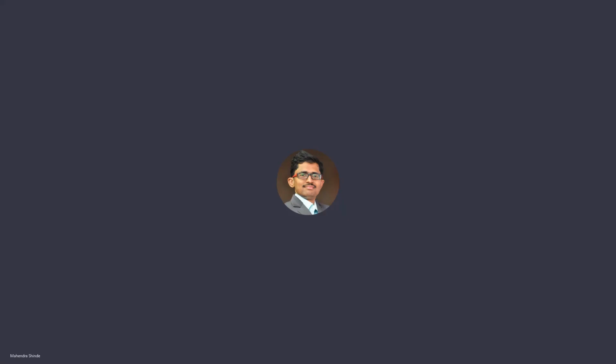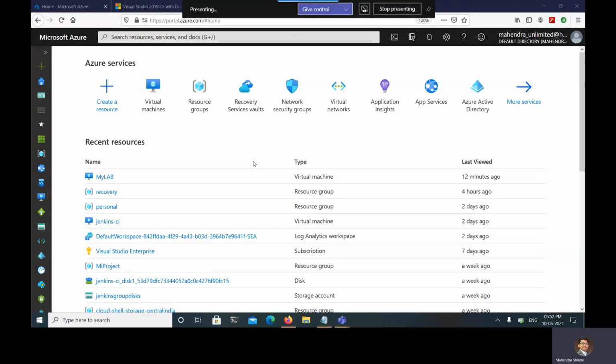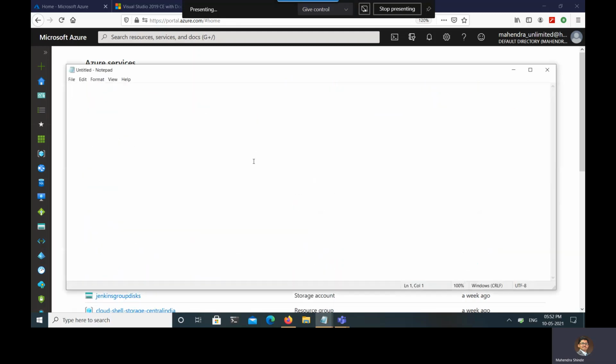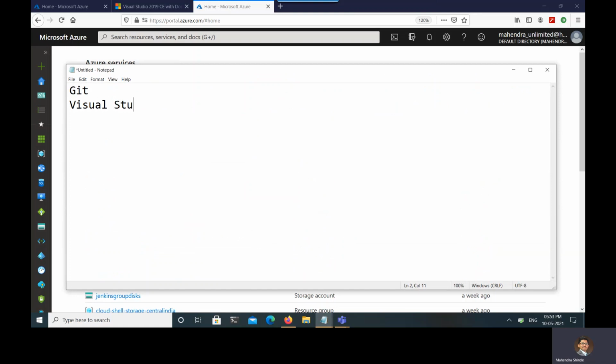This is how we can create a small Azure virtual machine as a lab environment for AZ-400, Azure DevOps labs. The AZ-400 lab requires many software tools to be already present on your machine. Namely, it requires Git to be installed, and it requires Visual Studio Code to be installed.